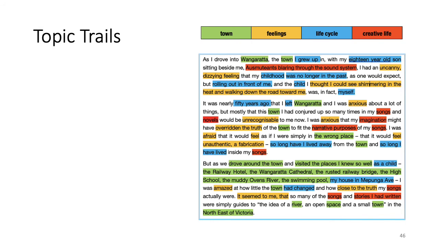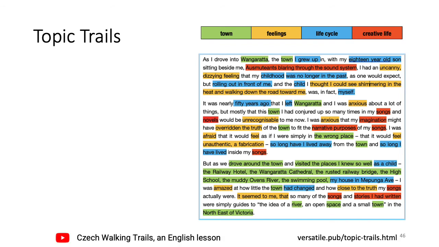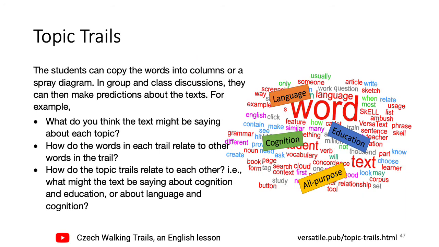Another thing that we can do with text is identify the topic trails. Now, every text represents 3 or 4 or 5 topics. This one I identified 4 topics in, and you can ask the students to look at a text, ask them to use a different highlighting pen to identify or to mark the words that represent the trail. So that's a topic trail task. And we can also do the same task with a word cloud. You can identify the topics in a text, and the students can then find the words in the word cloud which